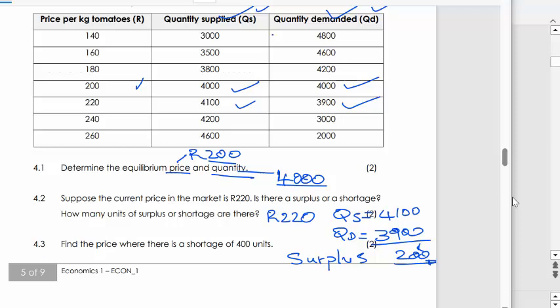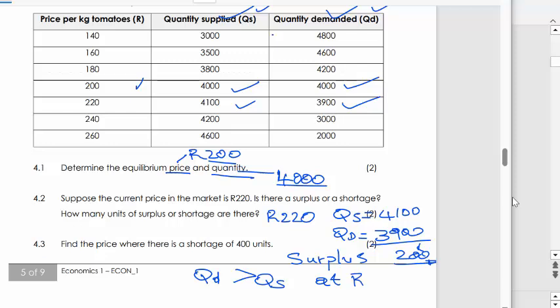So let's go to 4.3. Find the price where there is a shortage of 400 units. Now, you are finding the price where there's a shortage. A shortage essentially is where quantity demanded is greater than quantity supplied, right? So if we get that together, then we will know. So at this price, let's say at the price of 180,